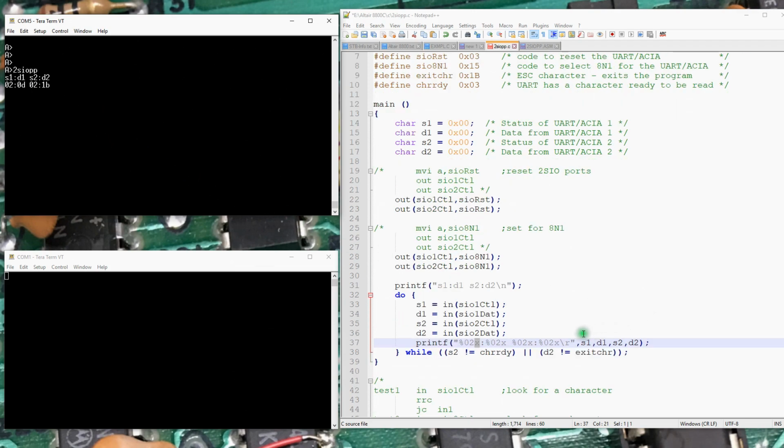Another thing just to comment on is this is a /R, which is a return. So when I printed out this line here to give us a header, I used a /N, which is new line. New line returns the cursor to the beginning of the line and moves down a line. /R just says return the cursor and type over the top,